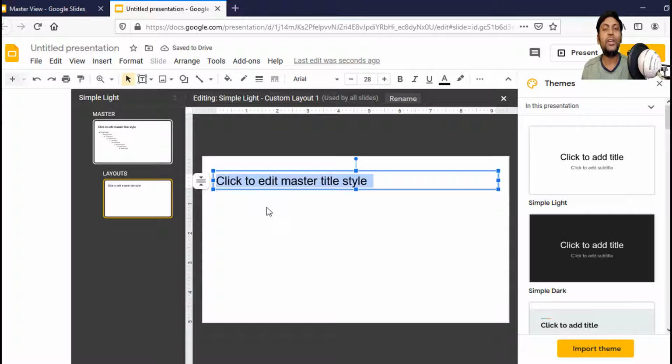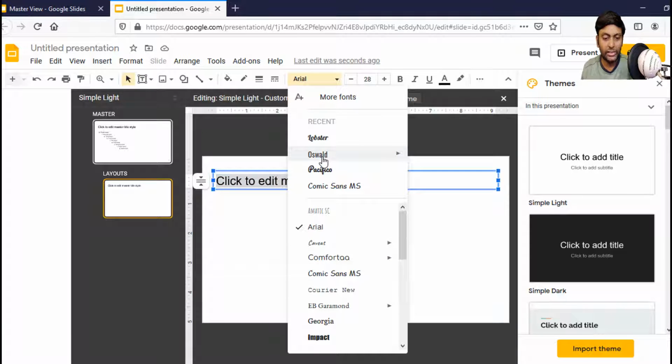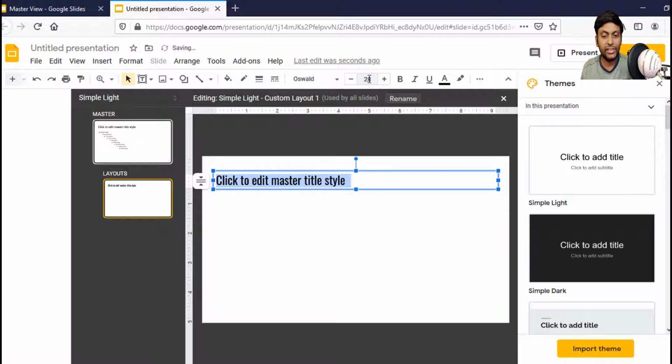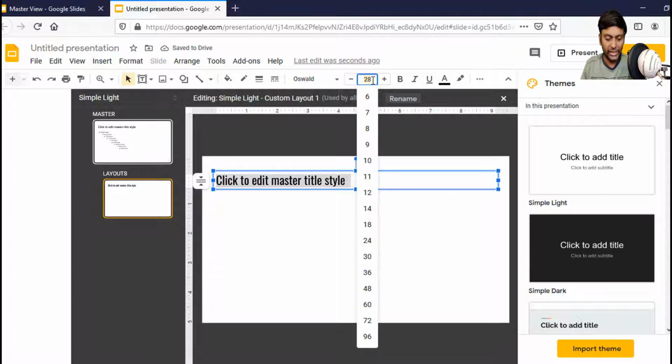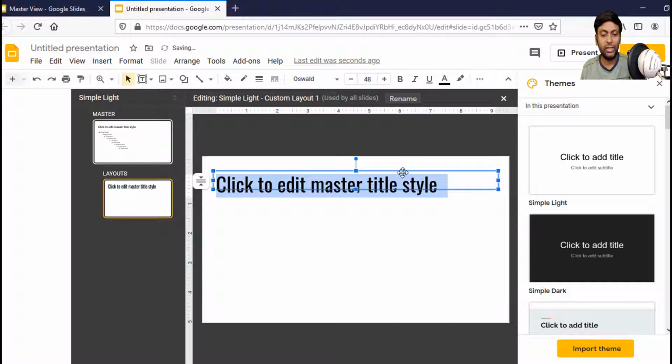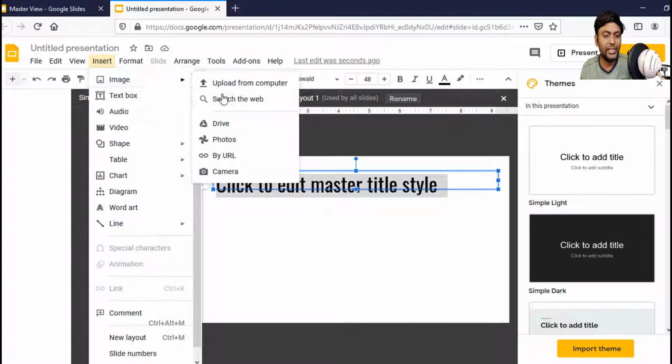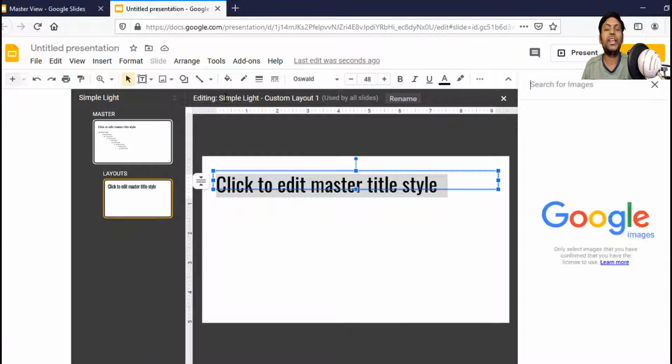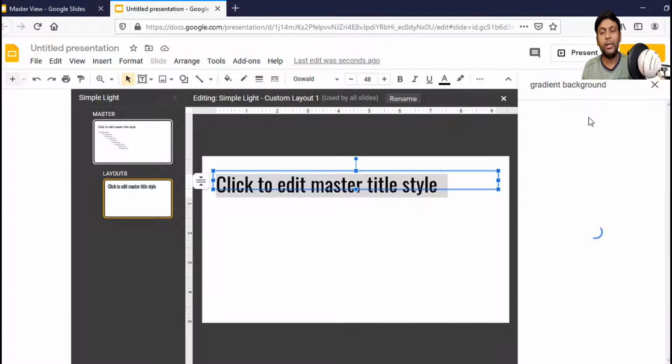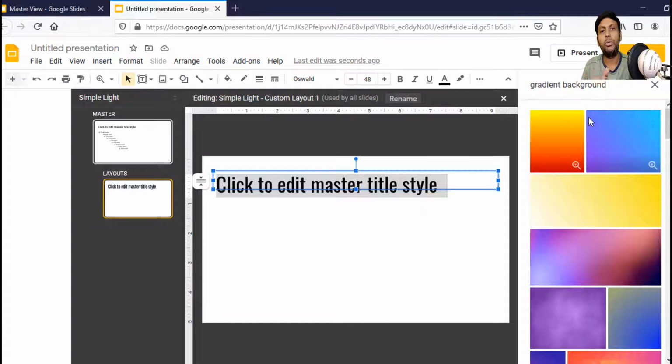So let's say that I want to add a title, and I can change the font, let's say Oswald, and give a particular font size, let's say 48 for my title. And now what I want is to add a background image. So for that I can go to insert, go to image, and this time I'm going to search for an image from the web. Let's say I give here gradient background, because gradient background is very popular nowadays,